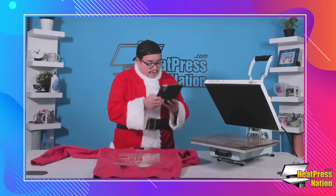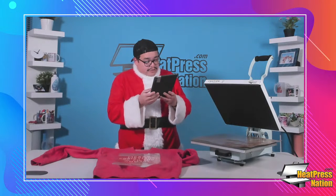So we're layering this. What's the price on this press? I don't know off the top of my head, but you can check it out. This heat press,